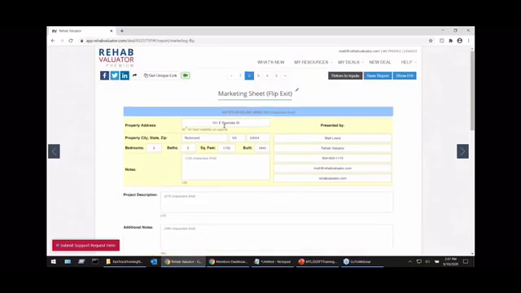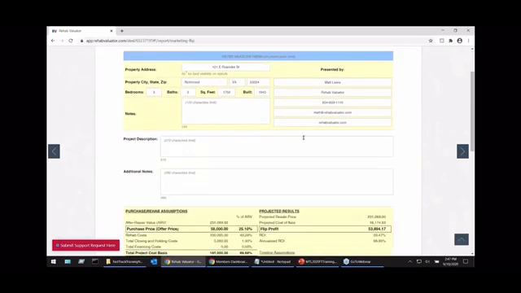Now we've got a marketing sheet that's automatically filled out. Again, address, basic property information. It pulled it right from the system. Again, our contact information, so they always know how to get a hold of you to say they want to buy it. If you want, a project description: small repairs and kitchen remodel needed, let's say, whatever your description of the project is. Any additional notes,